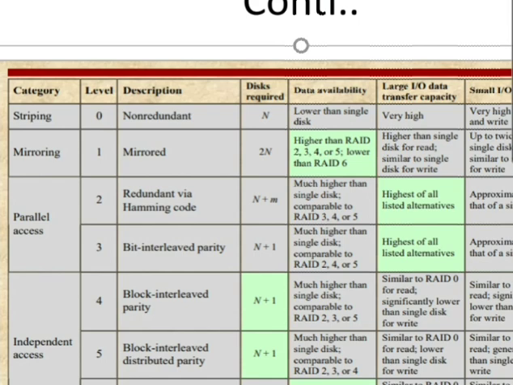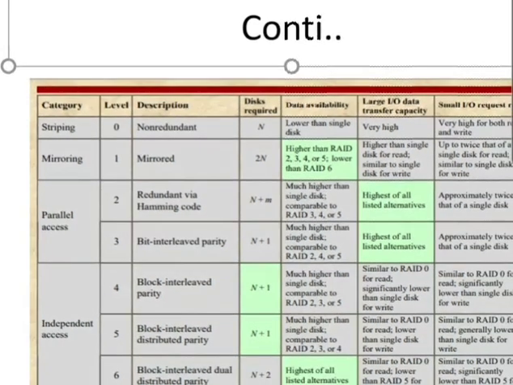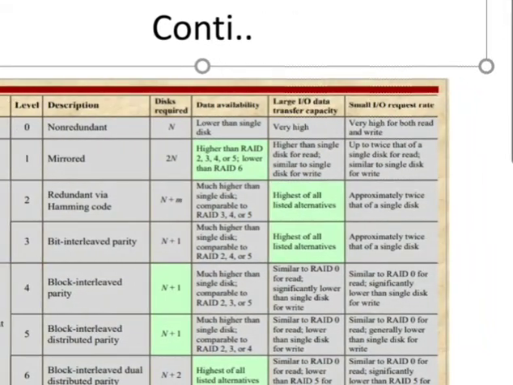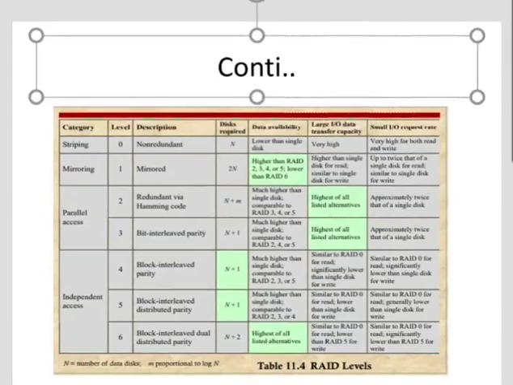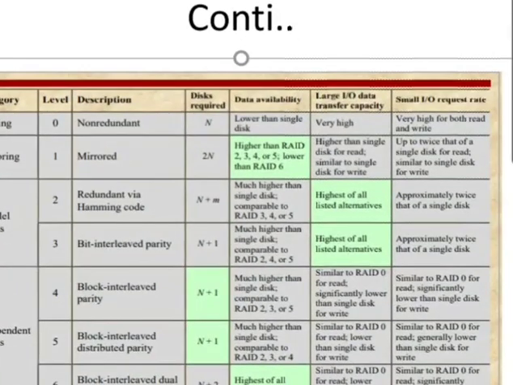For level 4 it is block interleaved parity. For level 5, block interleaved distributed parity, and for level 6, block interleaved dual distributed parity. So here the disks required for all these levels are shown. Also the data availability is shown: large input output data transfer capacity, and also small input output request rate.